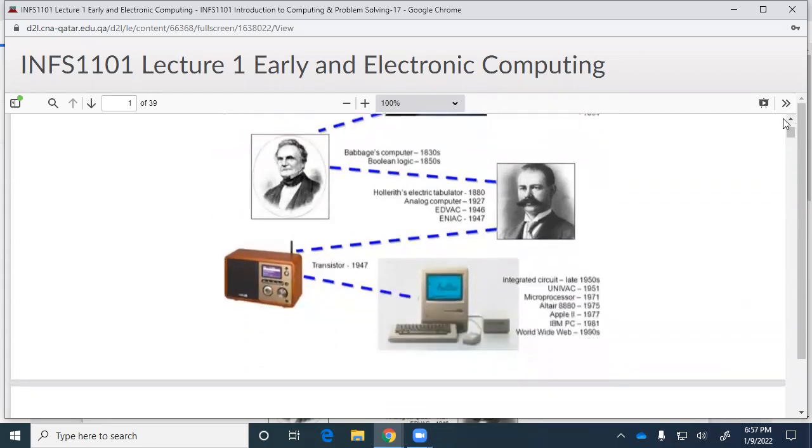The idea of a transistor is taking the electronic gates that were in the old computers and making them smaller and more efficient. And so our transistor radios showed up in the 1960s. The transistor was invented in 1947, but transistor radios sort of showed up in the 1950s, 60s. The idea is our electronics were smaller and used less electricity to do the same thing.